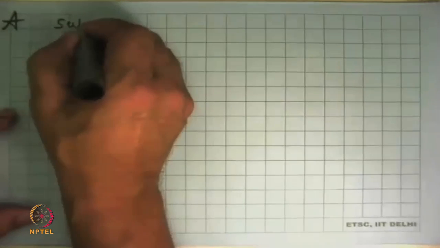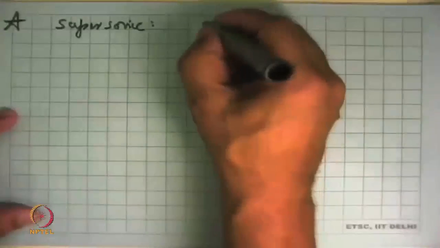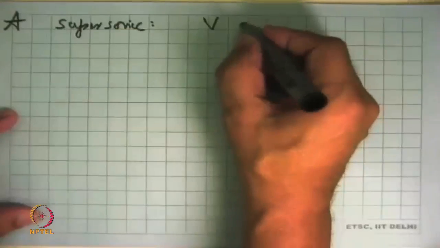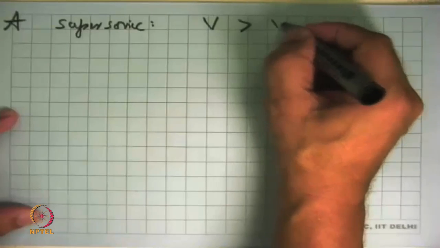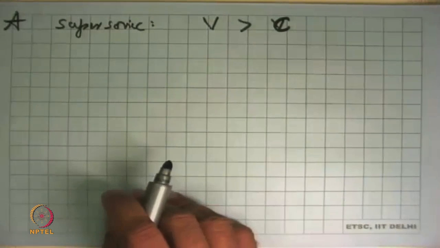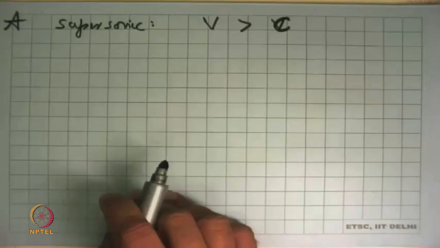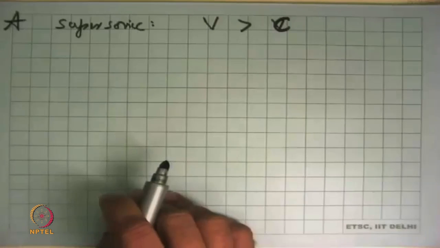When you say supersonic flow, what we mean is that the local velocity is greater than the local speed of sound, or C. And I'm using the word local because if you have, say, a nozzle, as the flow goes through it, its temperature is changing. So when the temperature at different locations is different, the local speed of sound is also different.